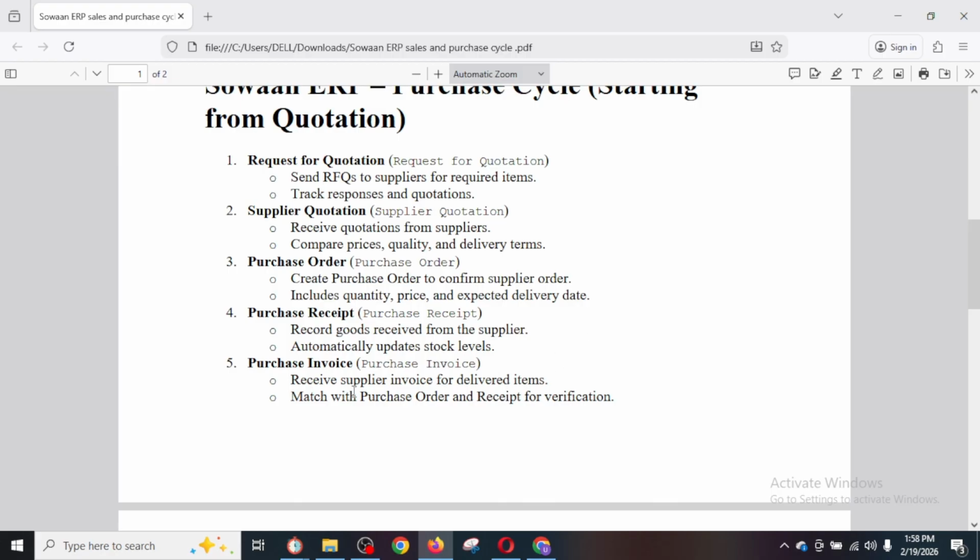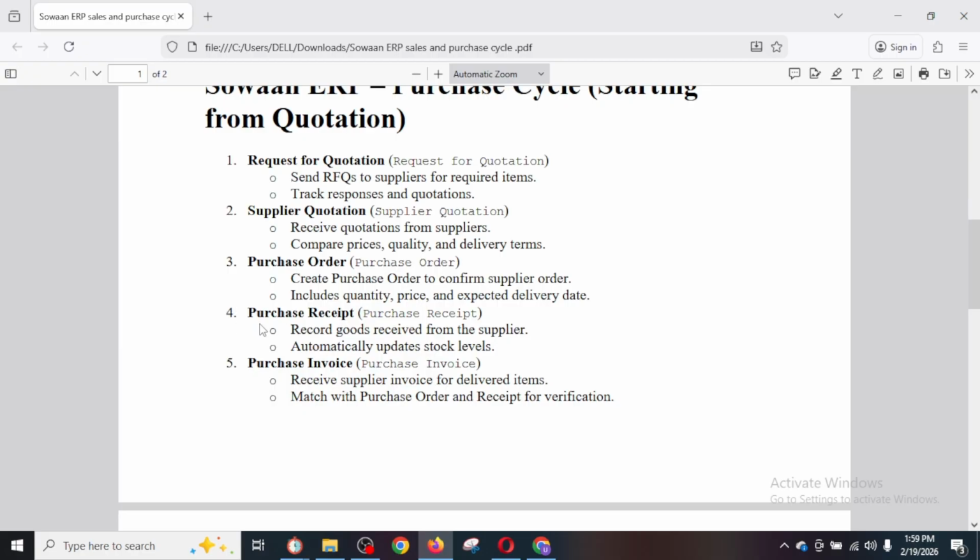So what's a purchase receipt? A purchase receipt is a document which records goods received from the supplier. When we place a purchase order and the supplier delivers us the goods, in ERP we have to officially confirm that receipt.